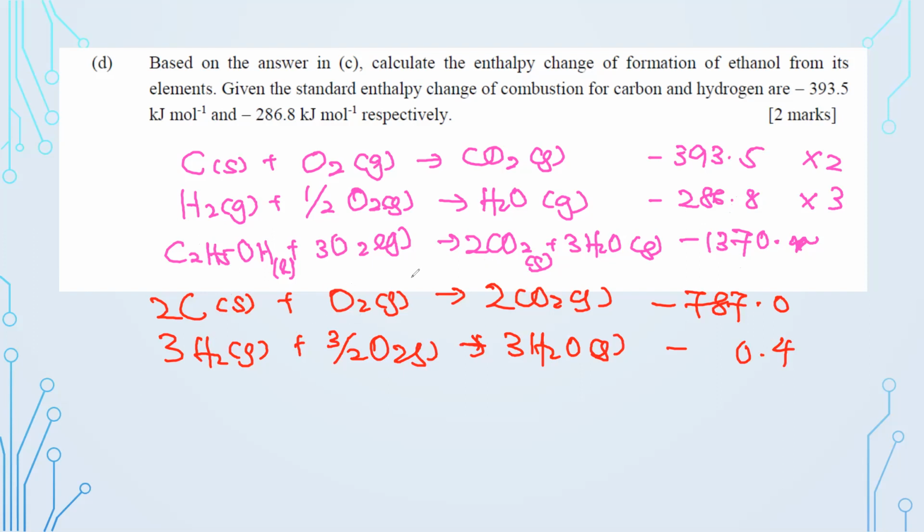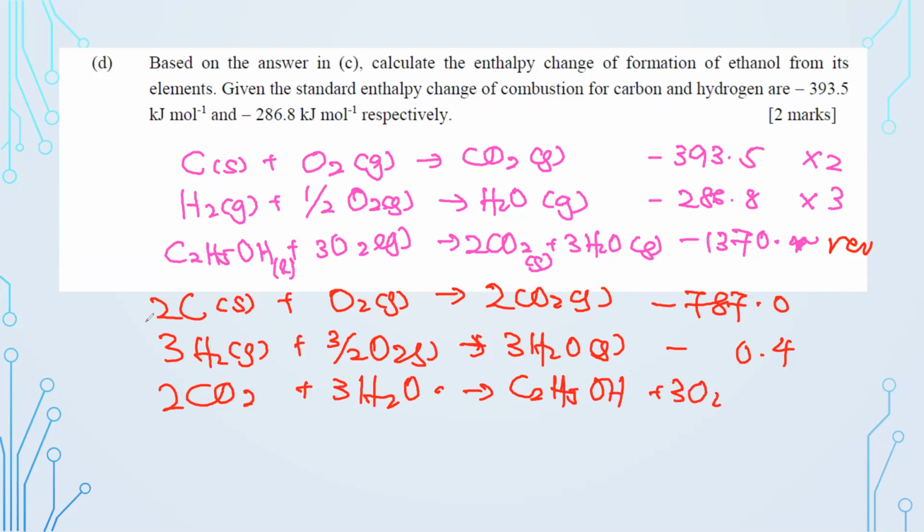You can start to cancel things already. This one you have to reverse. So you get 2CO2 plus 3H2O gives C2H5OH plus 3O2. So you can start to cancel already. 2CO2 cancels with 2CO2, 3H2O cancels with 3H2O, and then 3O2. So you get half O2 left, cancel with 3O2. So at the end of the day,